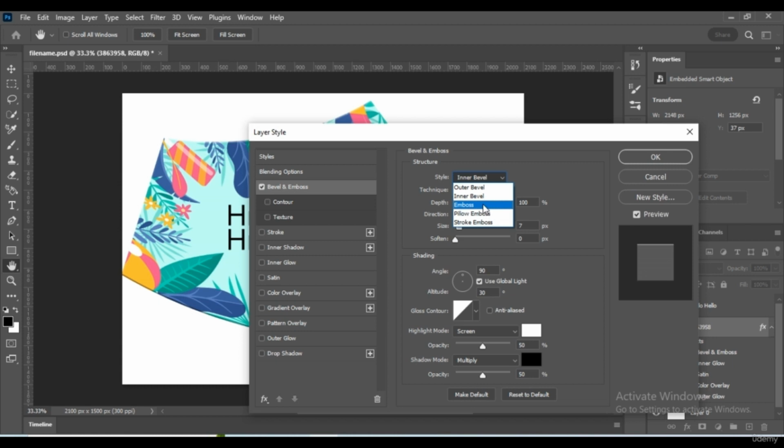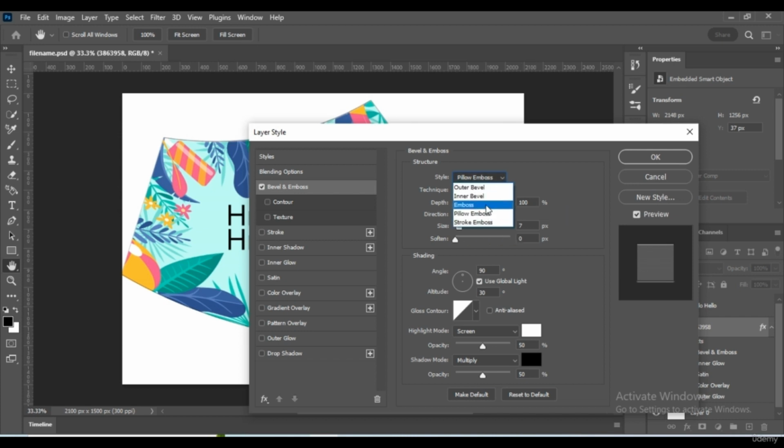Emboss is when the volume effect appears both inside and outside of the object. There are also pillow emboss and stroke emboss, where the pillow is sharper than the stroke one.